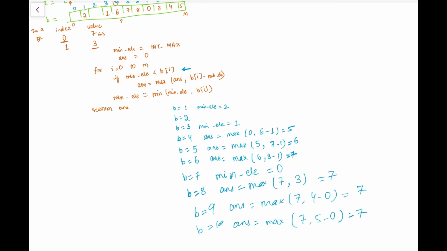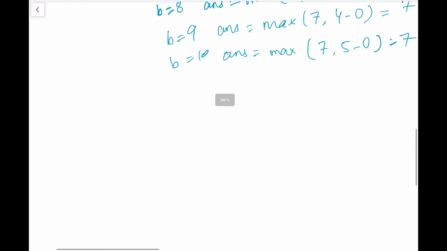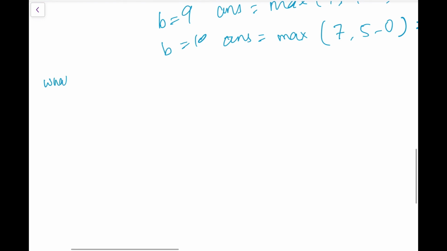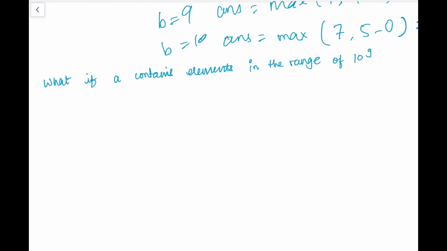So this is it. One follow-up question that we can have is, what if A contains values in the range of 10 raised to the power 9?